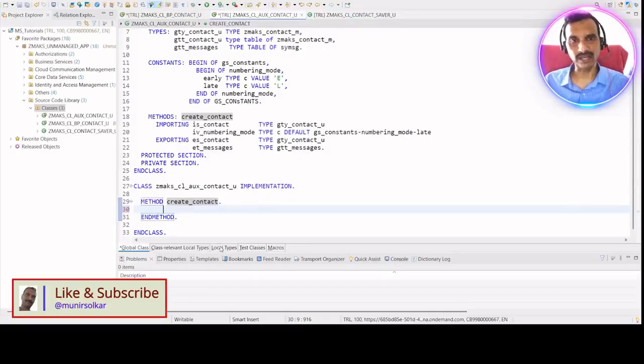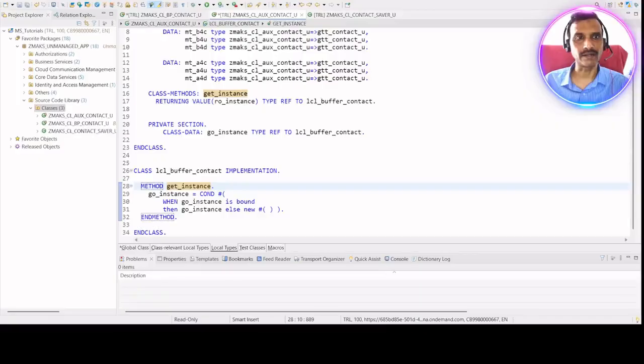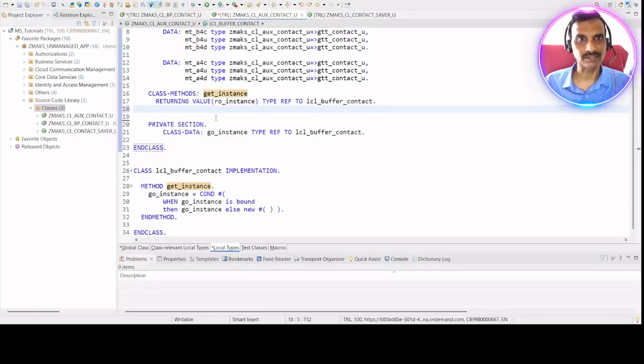Since we are creating a transactional buffer, let me create one method in my public section. Since this is called internally, I can create that method